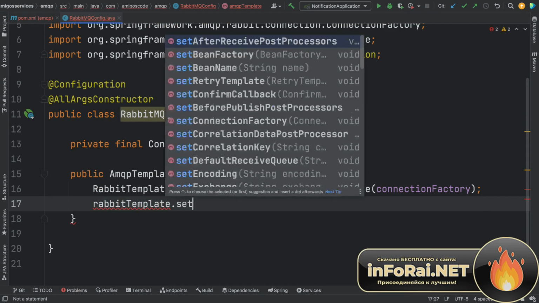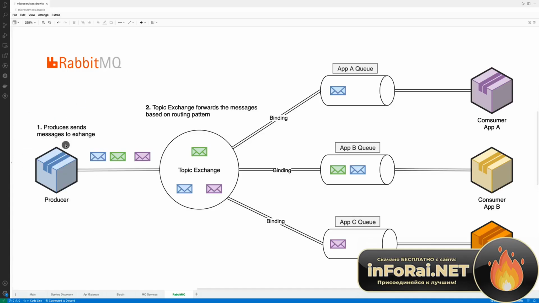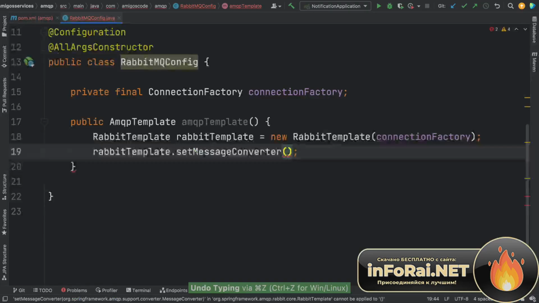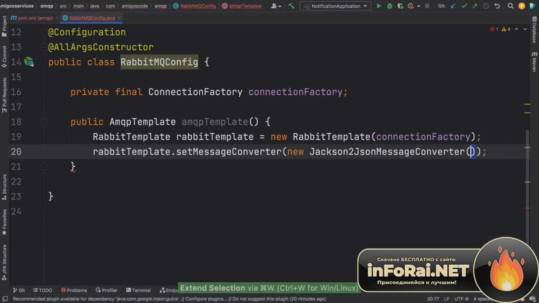rabbitTemplate.setMessageConverter, and this is so that we can basically send messages as JSON. So when a producer sends a message, this message will be sent as a JSON blob, and then on the other side it will also take the JSON blob message and then convert it to whatever object it wants, right? So we send an object that gets converted to JSON, and then on this side the JSON blob gets deserialized to a Java object. And inside I can say new Jackson2JsonMessageConverter, and in fact